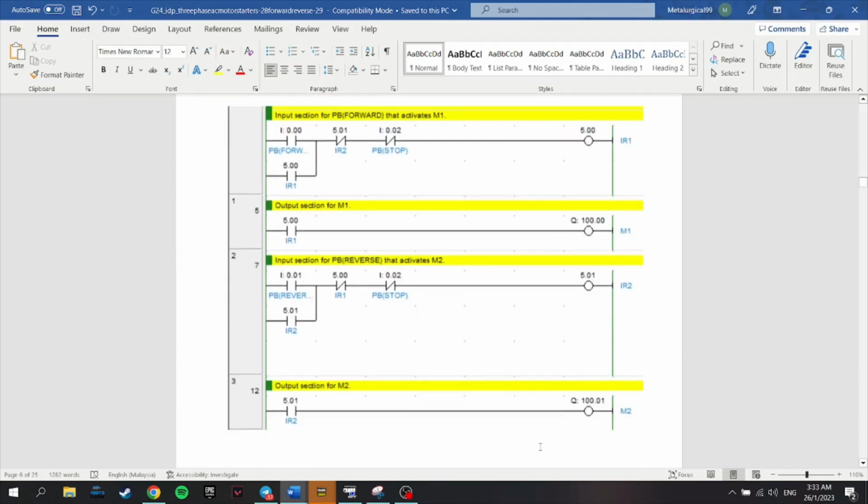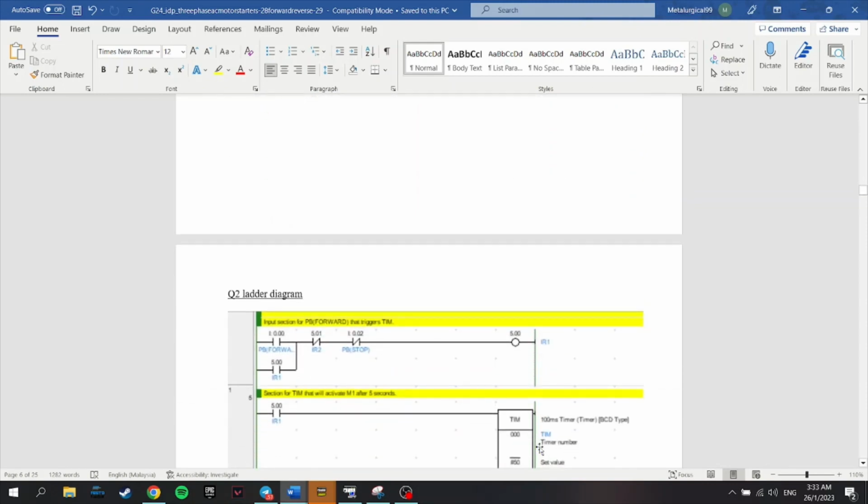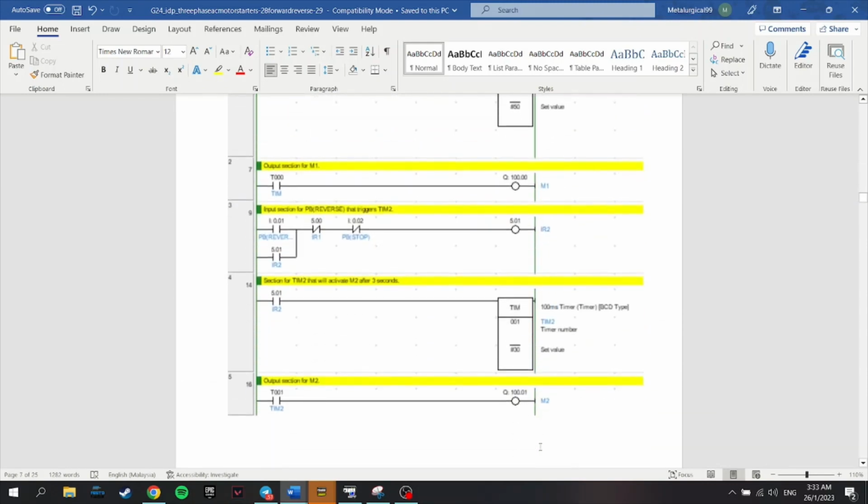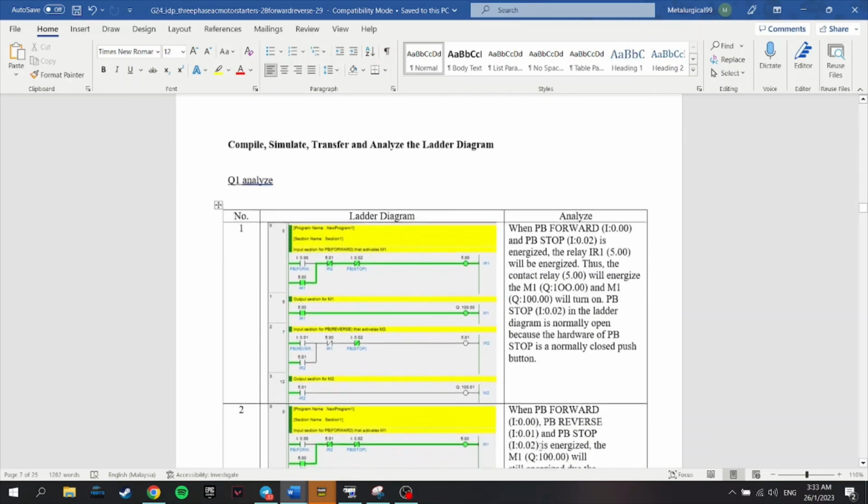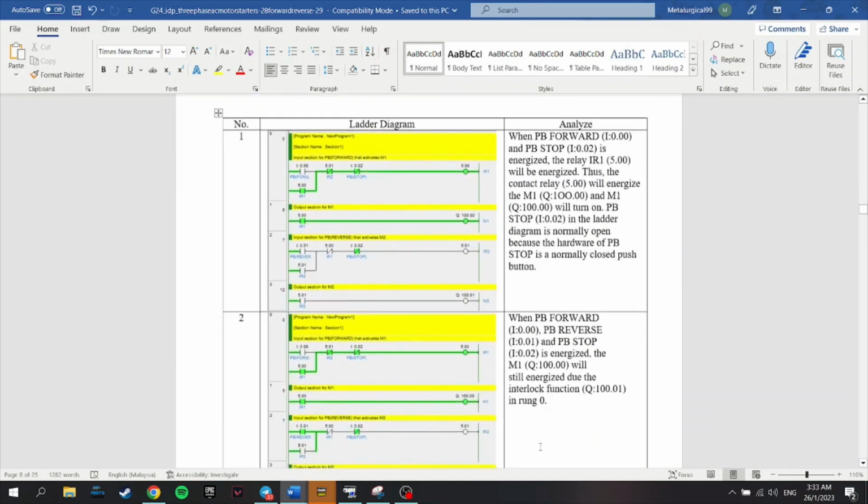Now let's move on to our analysis of the ladder diagram for question 1. So in question 1, when we push our forward push button,